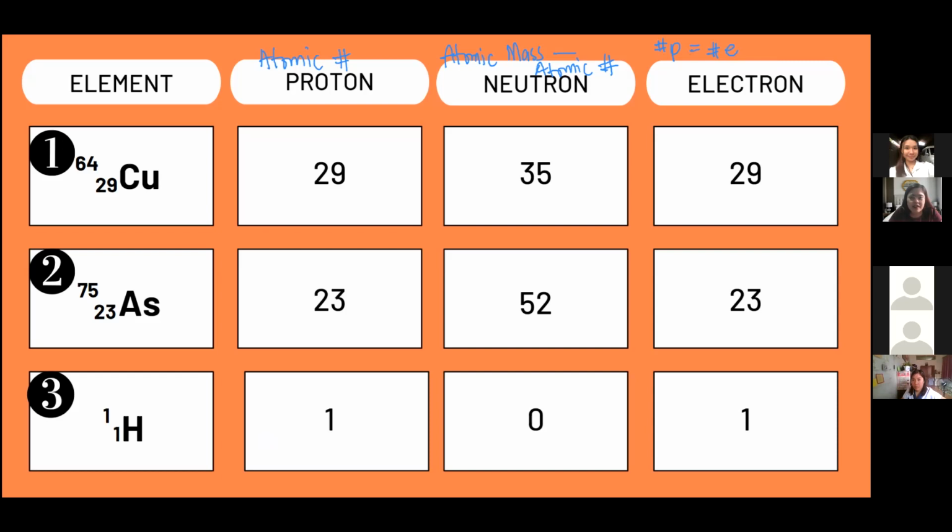Now, let's look at their answers if tama ba ni ilahang gi-submit dinhi or ilahang gi-present. So for copper, yes, this is correct, 29, looking at the atomic number. Now, for the neutron, di ba, ingon ko, minus lang, 64 minus 29 is